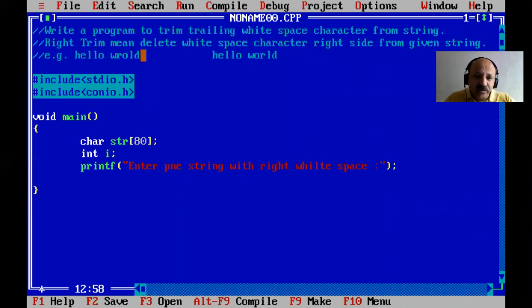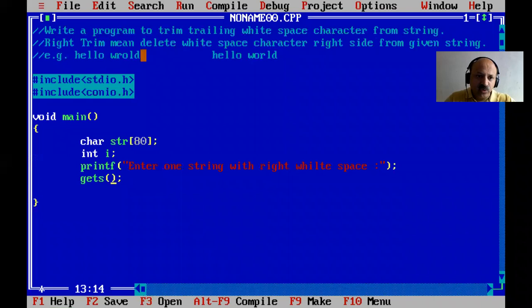So enter one string with right white space or blank space, you can say, that is perfect. So you can use the gets function, and also you can use scanf. In many video lectures I use scanf, but with scanf you cannot scan blank space, so I use gets.